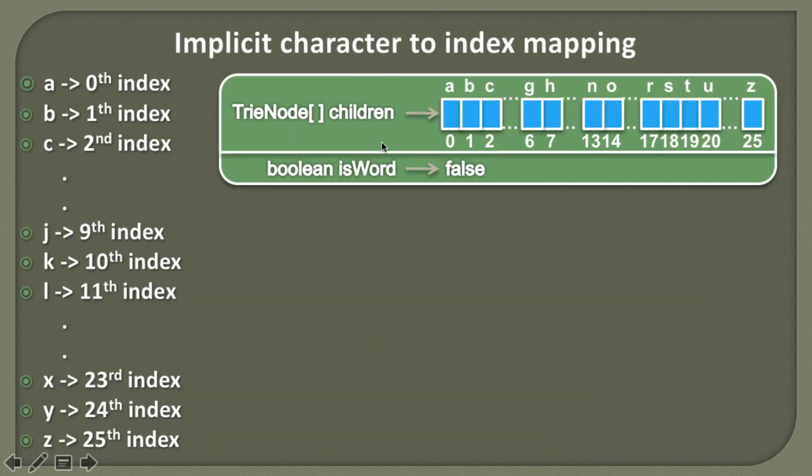friends, now here we will discuss the character and index mapping, how it is done. As you can see, it is an array of trie nodes. An array has indexes. So in order to store these English alphabets, we take the values of the index and map them to the alphabets. Here, into this array we are not actually storing these values, we are using the indexes and figuring out the alphabets.